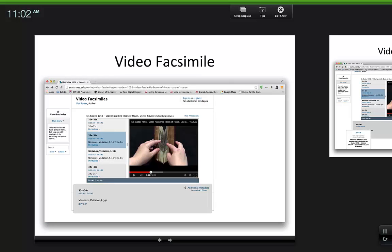The other thing that I'm working on, which is a little more experimental, is a video facsimile. And it's exactly what it sounds like. I turn on the camera and I put down the book and then I turn the pages from front to back. Then I load the video into Scalar, which is an annotation system put out by the University of Southern California. And every page is annotated. So you can see here, we're at 34. I'm turning the page to 33 verso, 34 recto. There's a miniature on that page. If I want to see it, I can click on that link right there, and that will take me